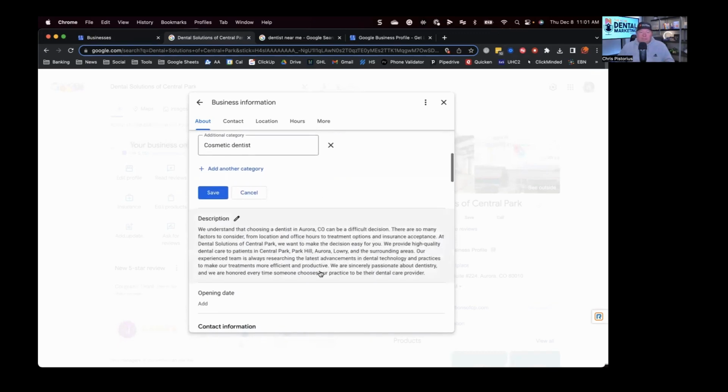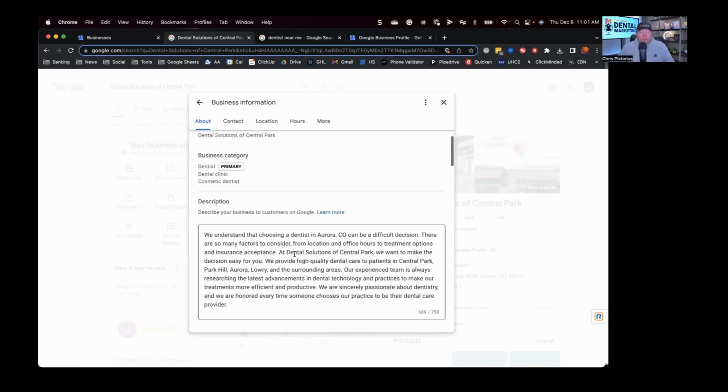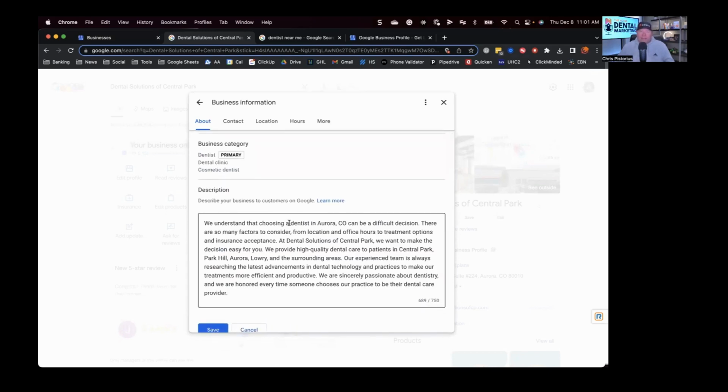Okay. Business description. This is hugely important. So you can see here that you have to be careful with this. You can't be spammy anywhere. If you read something and it feels even a little bit like spam, then rewrite it, because that's not why we're doing this. And Google is really big about quality of your content, not spamming the system and trying to put keywords everywhere. Now, we take the approach of you have 750 characters here. Okay. Do not just copy off of your website and put it in here. Okay. That's not what Google wants. That's like duplicate content and won't get you in trouble per se, but it's not going to help you a whole lot either. You want really to write a good 700 all the way up to 750 if you can